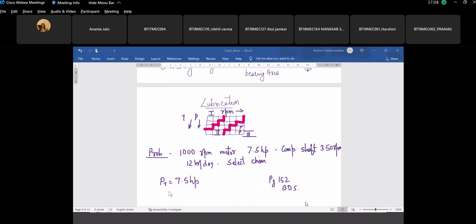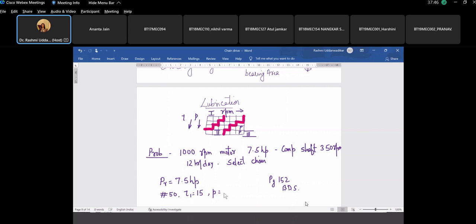0.5 HP, 1000 RPM. R50 chain. Number of teeth: 19 or 21. You want to go with 19? Okay. So the number of teeth on the smaller sprocket is 19 and the pitch is